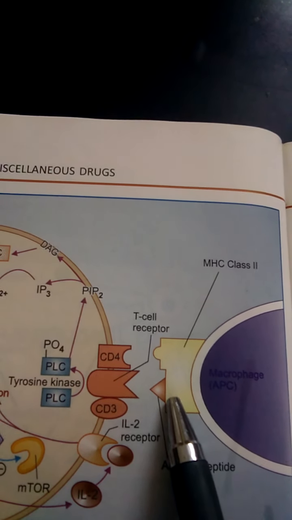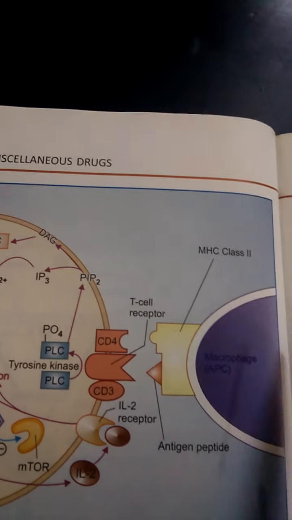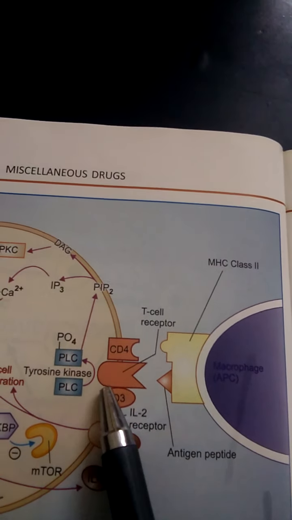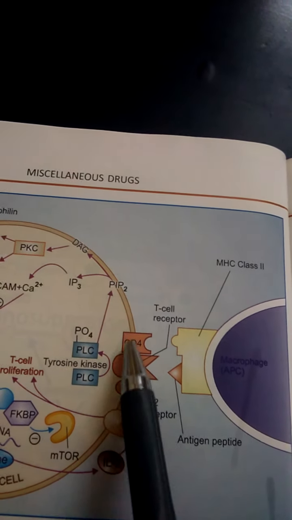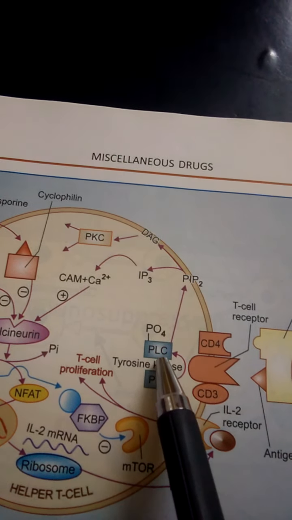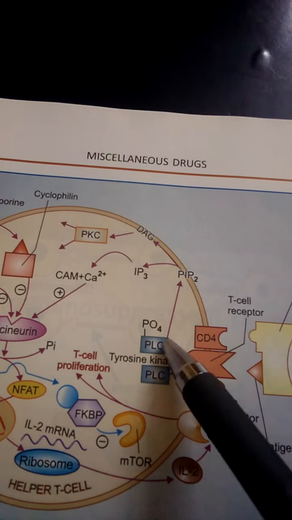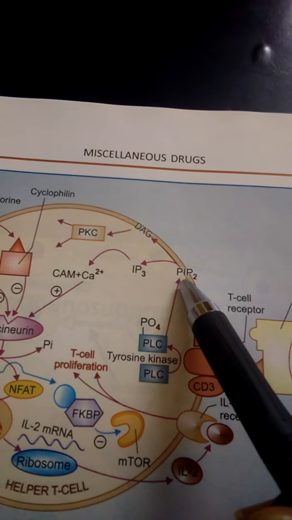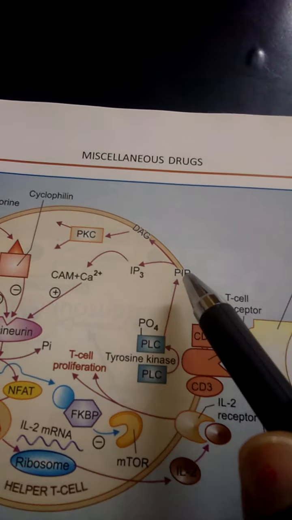and these are the MHC class 2 proteins, and this is an antigen. This whole complex binds to the T lymphocytes, that is the CD4 plus T cells. After binding of this MHC APC antigen complex to the T lymphocytes, there is activation of phospholipase C by tyrosine kinase, and this phospholipase stimulates phosphatidyl inositol bisphosphate in the cell.